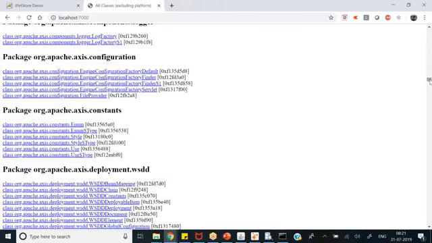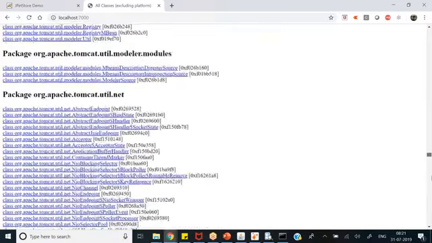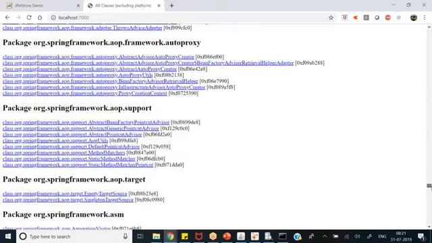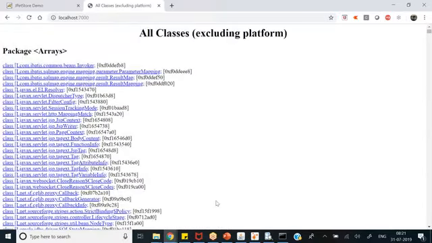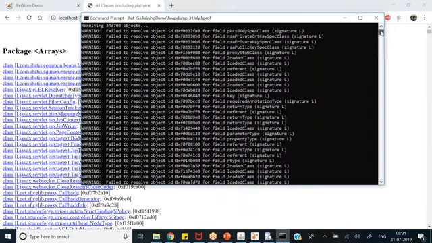So if you go through each and every class, it is very time consuming. That's why we use different tools like MAT analyzer and different types of tools. The idea behind showing you this option is that at least you should be aware that this is also available for us to use. Now just go back to this command prompt and you can see that there are multiple options available